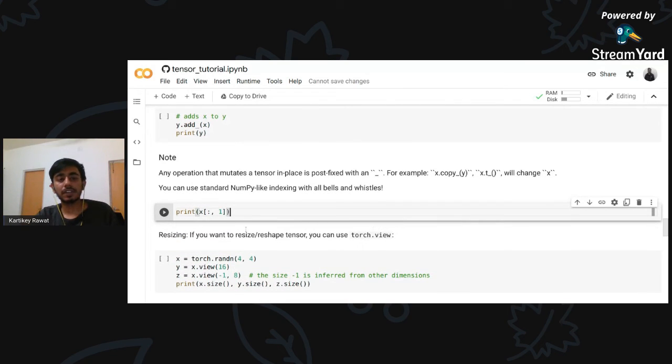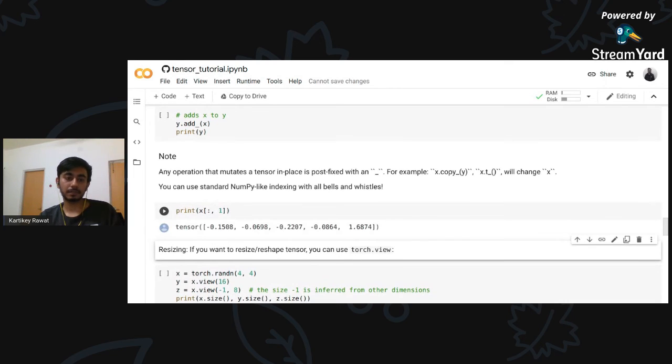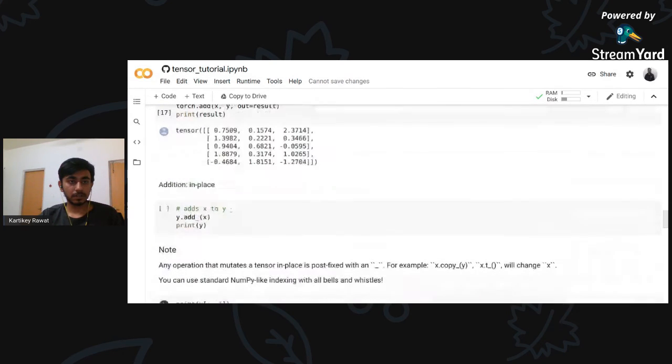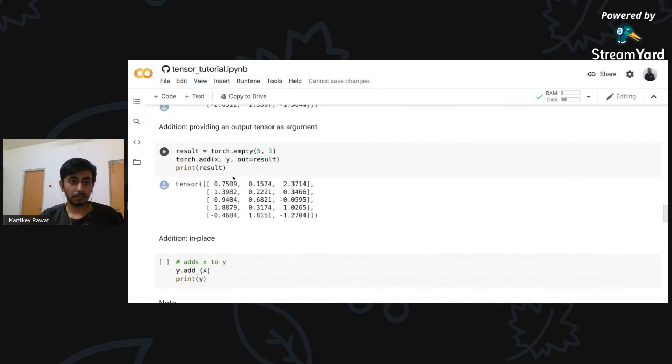Now we need to print this. For those who have done Python, you know what I'm doing. This is the row and this is the column. Here every row is taken and only one column is selected. So let's print this and see what it shows. As you know, it is the row. First of all, it is doing x.